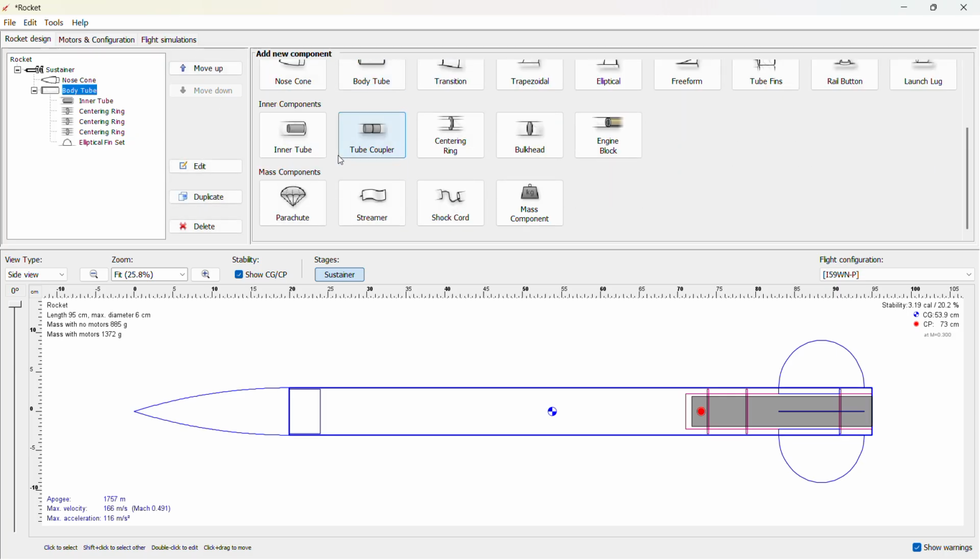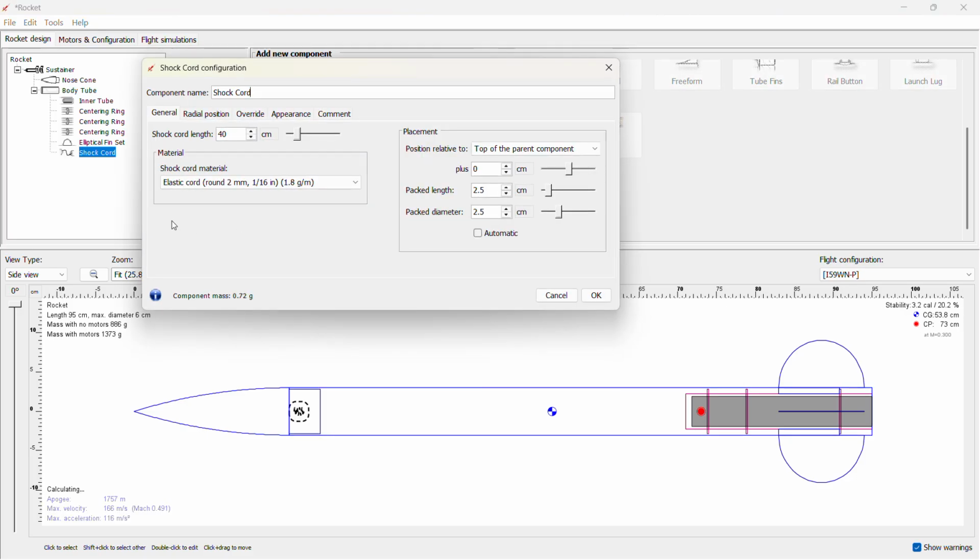So recovery system consists of parachute and shock cord. Okay, so we are going to first put shock cord. Okay, now material is elastic cord. Take length of shock cord is more. Let's take as 70 centimeter. Okay, 70 centimeter. Now position top of the parent component